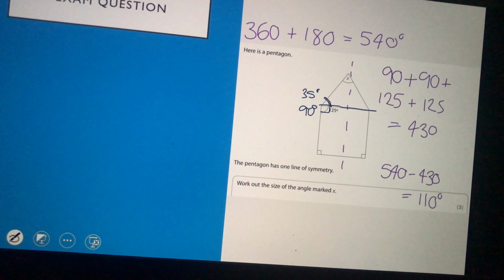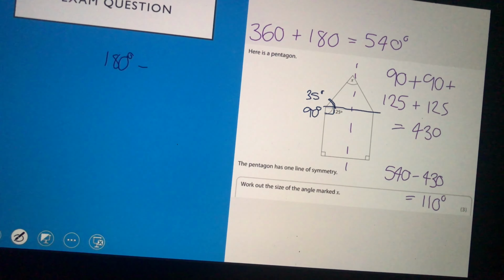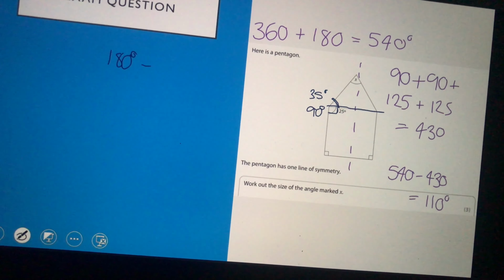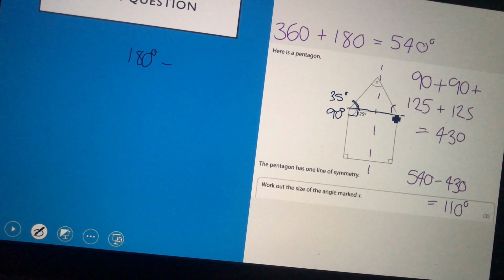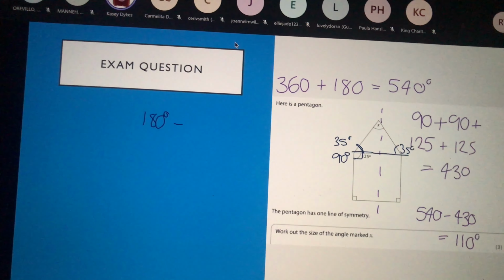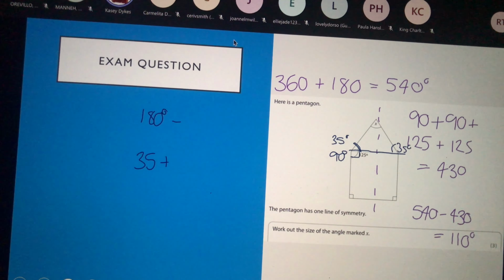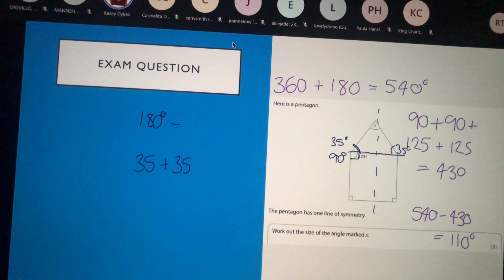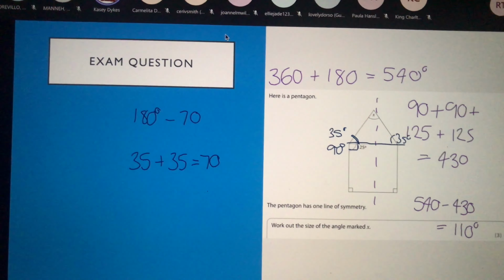Then we can just use our knowledge of triangles to do the same type of thing. So we know it's 180 degrees in a triangle. And we're going to subtract the angles we know. So we've got 35 on this side. So as we said a second ago, the other side is a mirror. That's also 35. So those two angles together are going to be 70. And if we take that away from our 180,